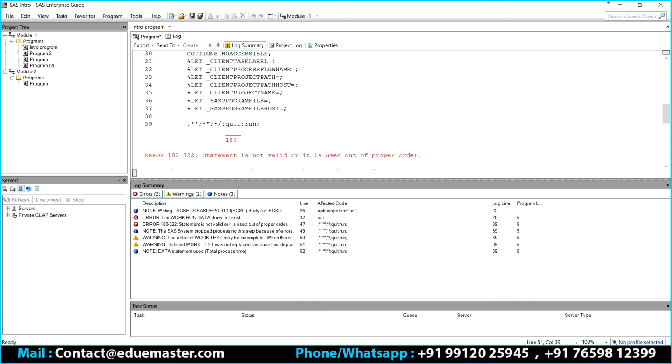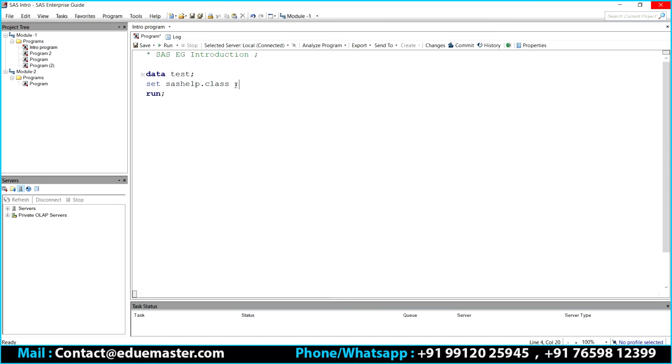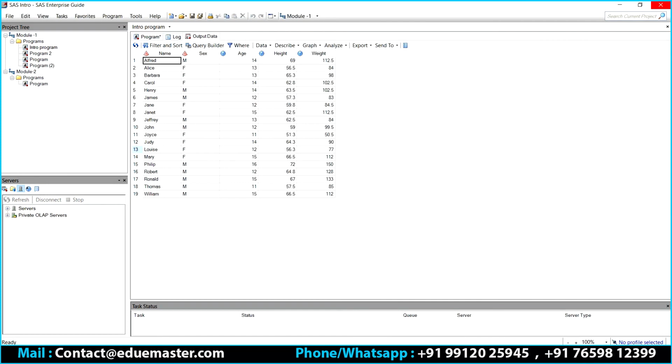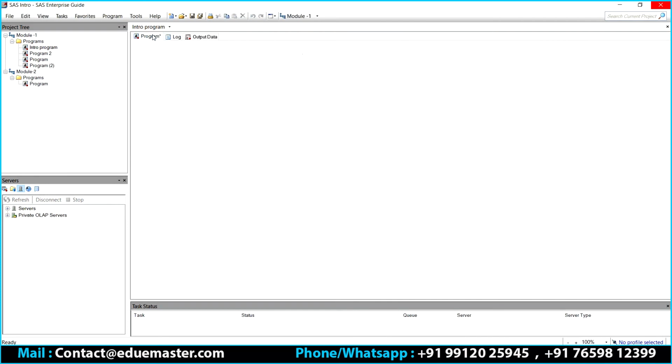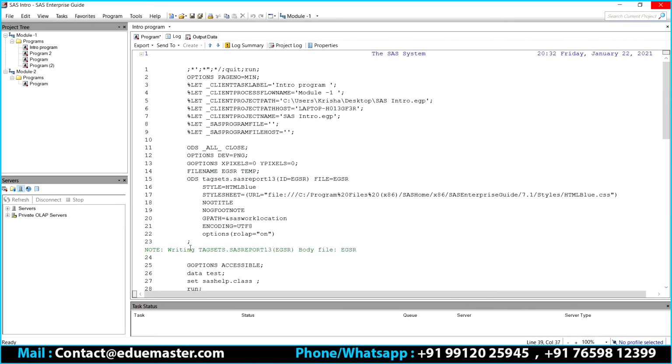Are all of you able to understand how to see your errors and your warnings, and where you can see all these details in your log window? Correct? So far we talked about two. Number one, this is your editor window. Editor window is the place where you are going to run your job or run your program. Once you execute it, to see whether the job or the program is successful or not, you're going to see that in your log window.